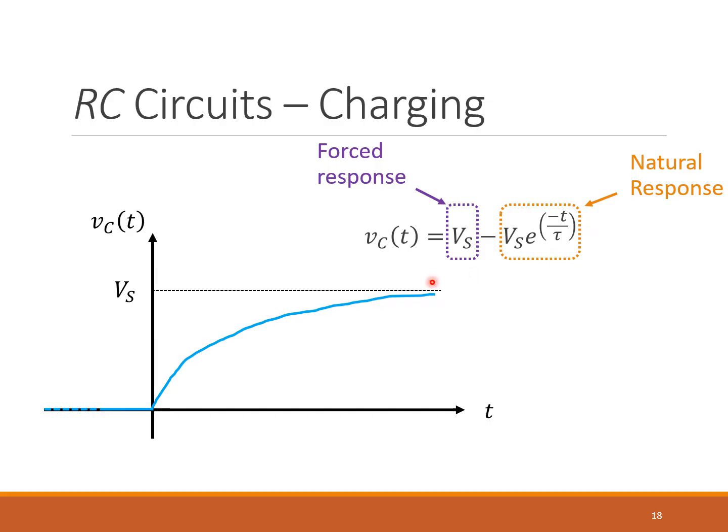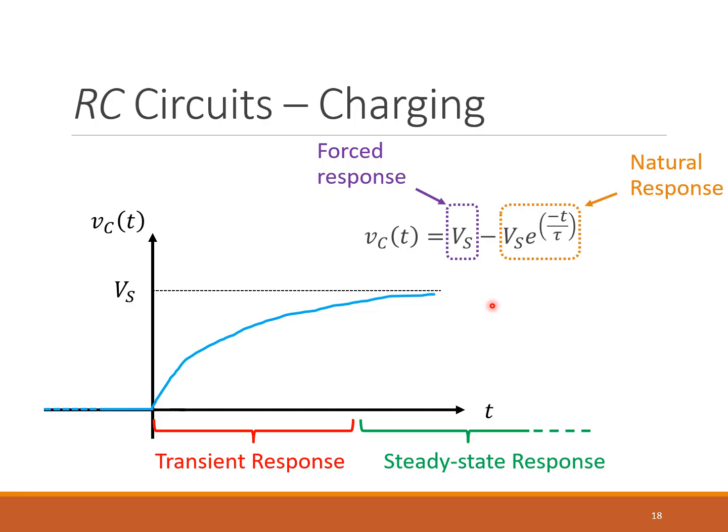We could also look at our plot down here, and we can divide the response into two general areas. We have our transient response and our steady state response. And so this comes back to the title of the chapter slides, which is transients. We're looking at RC transients, RL transients. And so mostly what we're focusing on is this response right after our switching. Most times we'll indicate that's at t equals 0 just for convenience, but we're looking at the response right